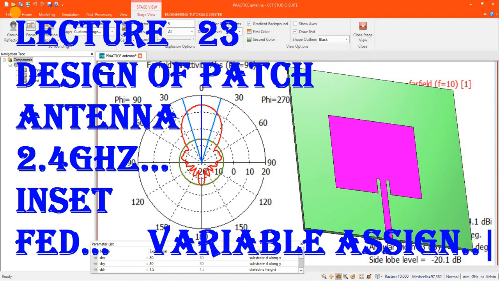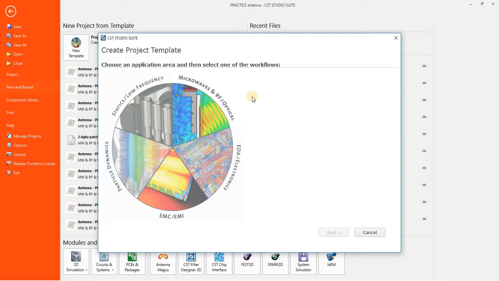Here I will show you how to design an antenna and what steps are needed to design an antenna, and how we can use variables for assigning different values to ground, patch and substrate. Now let's start.